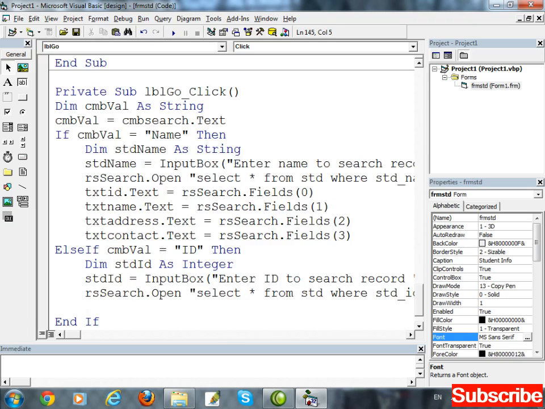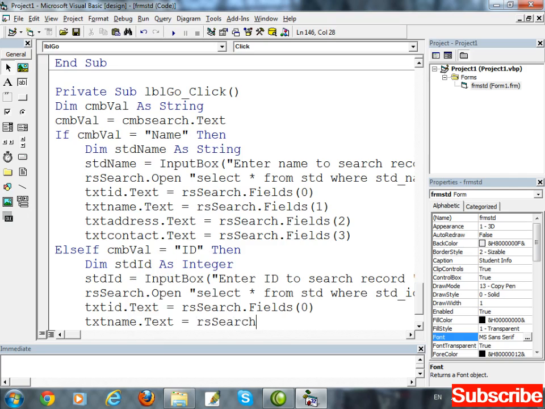After this line, assign the values from record set to the txt id.text equal to rs search.field of 0. Txt name dot text equal to rs search.